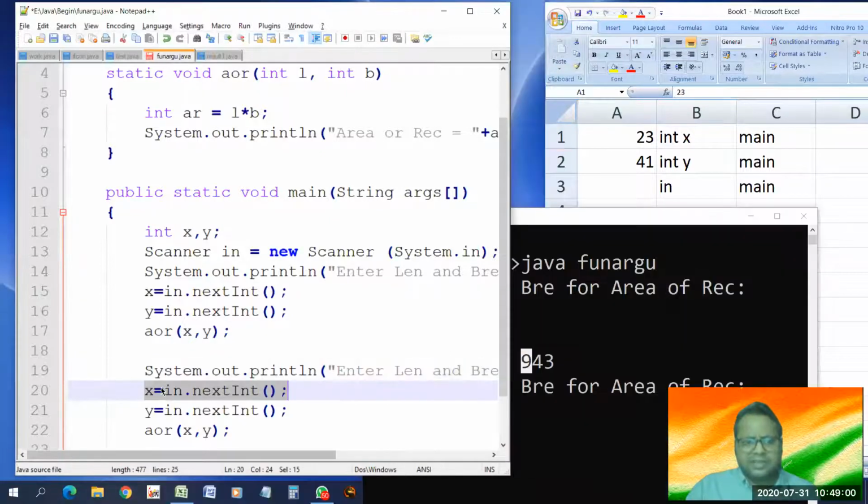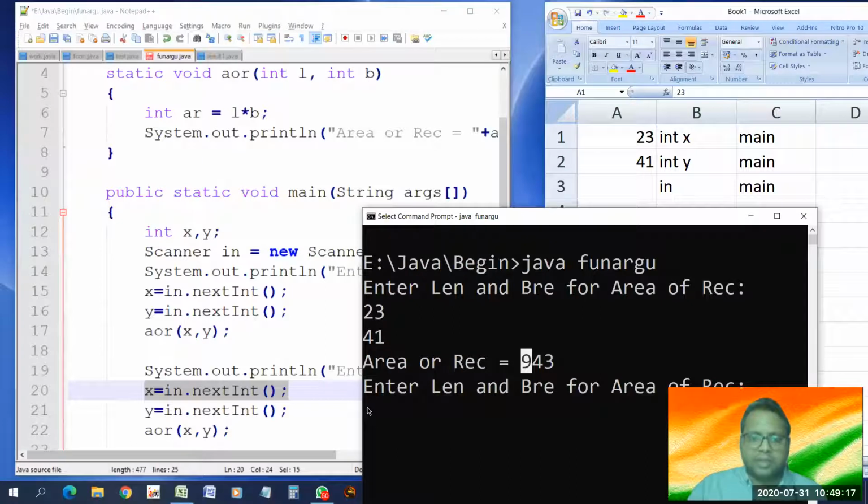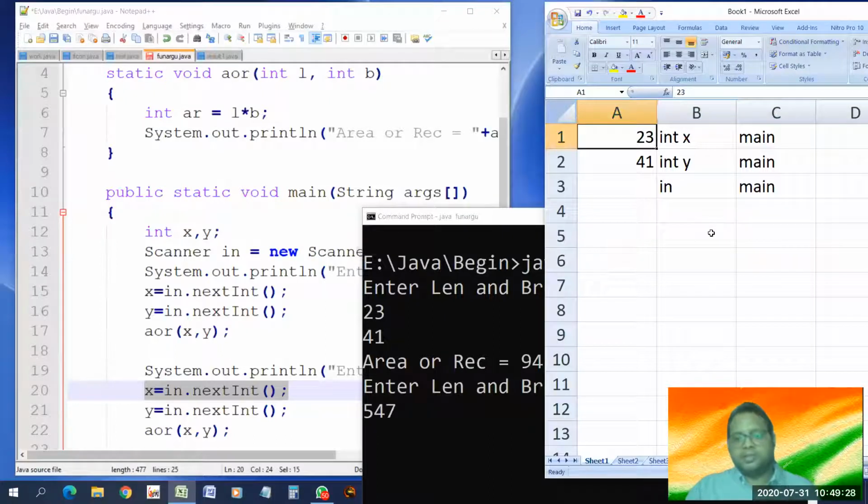So, sir, can we use the same variable for inputting again and again? Yes, of course you can. Variables are memory spaces, like racks in an almirah. You can use them for keeping anything, all the time. They are there for you. So this time, in the same variable x, I'm entering 550.47, suppose, and press enter. Then look at what is happening. This is important: this 23 will be removed from there, and now 547 is there. Variable means what? Which varies, which changes. So now it has changed.